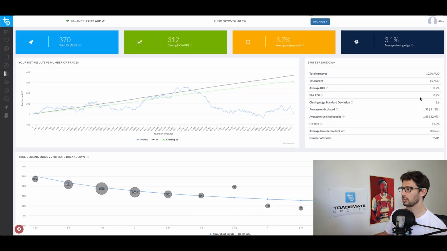So taking a look at the results here, you'll see that it's only a very small flat ROI. As I've stated before, it should get a little bit bigger once you incorporate Kelly betting into it. Big sample size, so you can look at these results and think, yeah, there's definitely some depth to them. There's definitely something you can take out of this because it's such a big sample size.